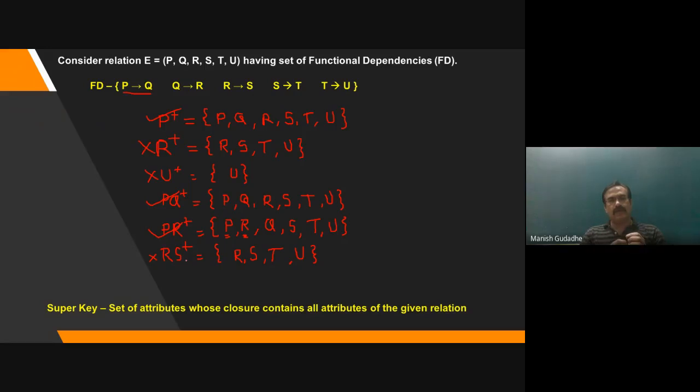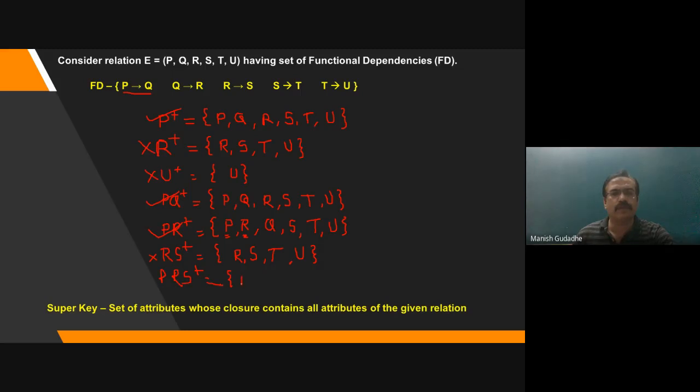So this way I can find out the super keys which may be imposed on this given relation. There can be several combinations possible. If it is P plus 5 other attributes, it may be 2 raised to power 5 combinations which are possible in this case. Around 32 combinations will be possible for super key only. Again, I'll take one more example: PRS plus. This is also one of the combinations possible.